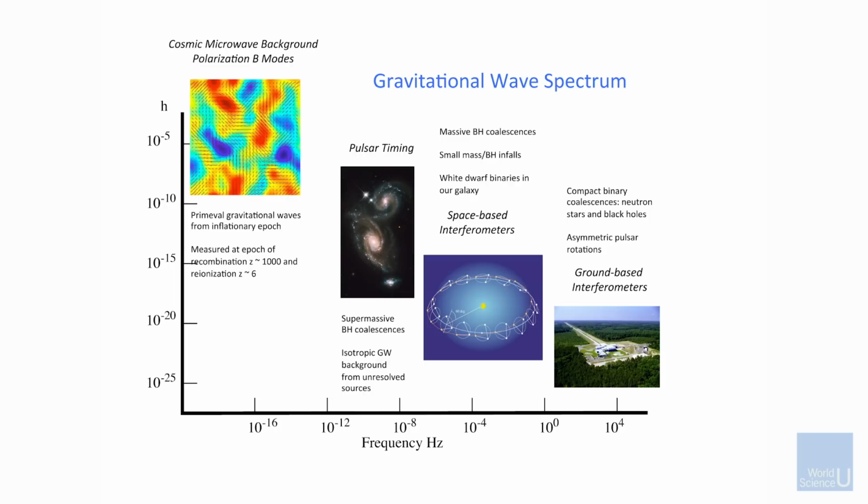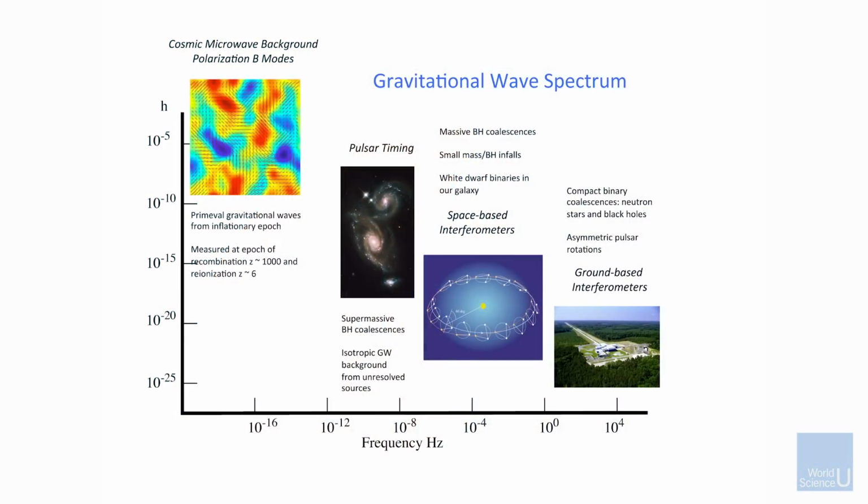Then there is another technique called pulsar timing, which is just looking at a bunch of pulsars all in our own galaxy and watching how the pulse rate changes as a function of time as the gravitational wave moves through our galaxy. That's a very promising technique. People have been working on that for a while. I expect that this is going to give very interesting results. But this is the one that's nearest to my heart. That's only because of my background.